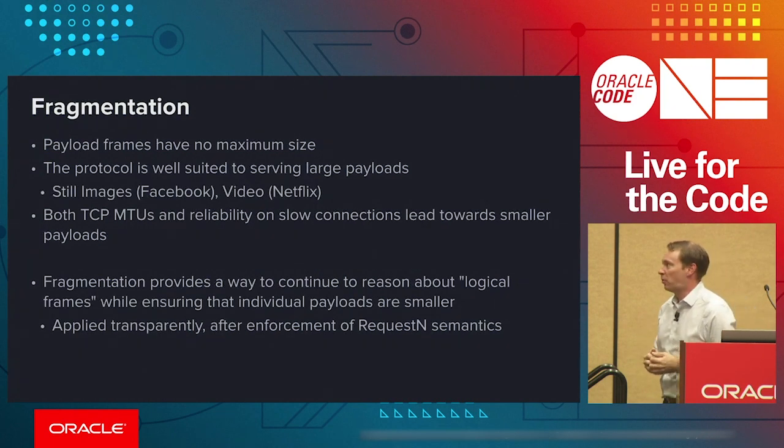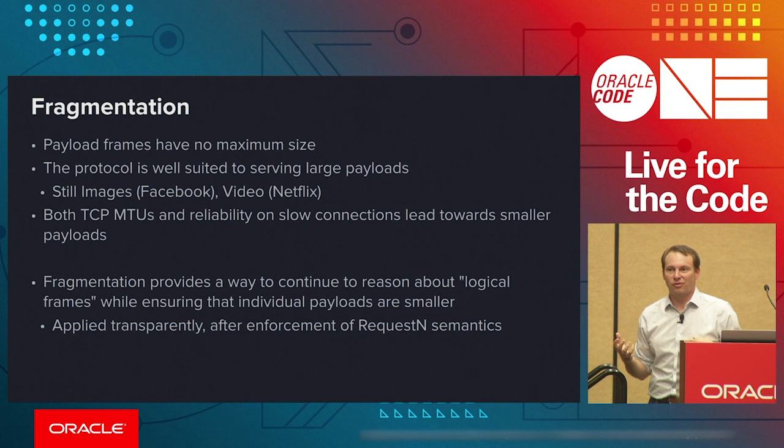The protocol also supports fragmentation. So payload frames themselves have no real upper bound when it comes to the size. I guess it's probably the size of an array, so like int.max in Java kind of thing. Languages, I think, are much more likely to impose size restrictions than the protocol itself is. And it is very well suited to sending these kinds of payloads. So Facebook obviously used it. They send everything from little text blurbs, right, in your newsfeed to images, these days video as well, realistically. Netflix used it for a long time, sending video as part of these payloads.